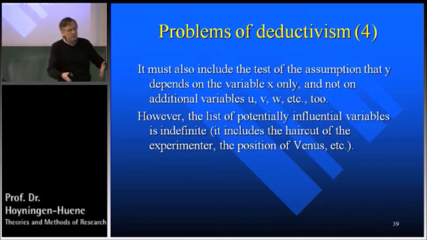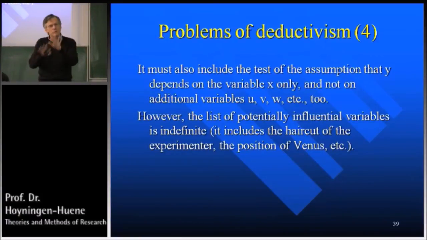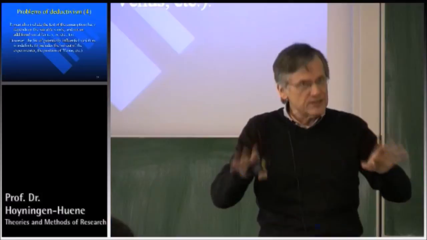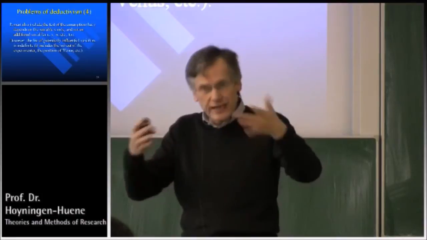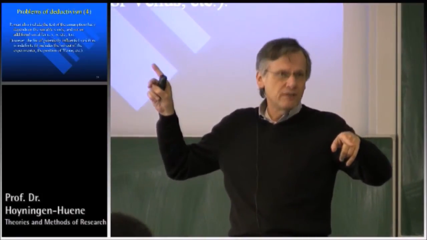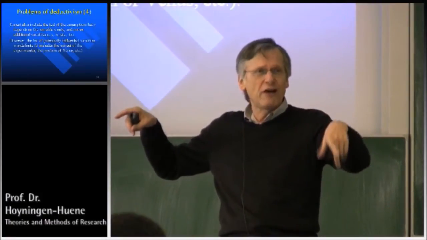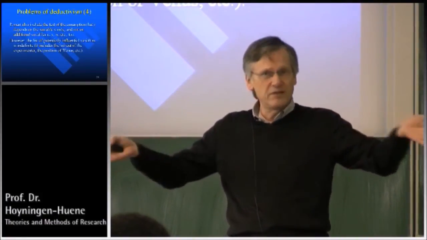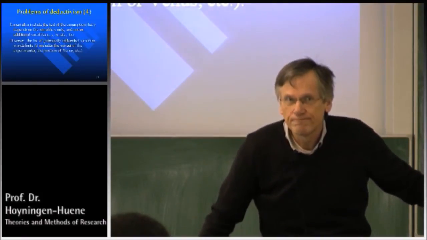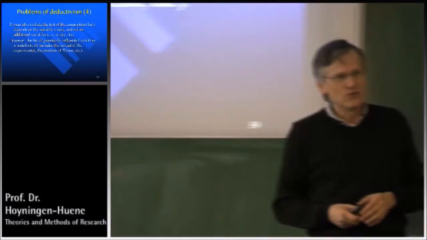So if you really want to be critical, you don't want to be dogmatic. You want to be unbiased. You want to be a critical good scientist. So anything you state, you must submit to test. Whether that variable depends on Jupiter's position or not, it can be tested. You just change the position of Jupiter and look at your variable, keeping the other variables constant. It can be tested. So why don't you do it? You must do it. That's what deductivism tells you.